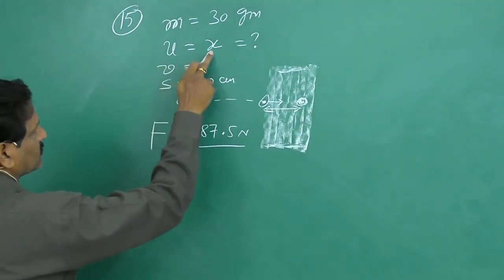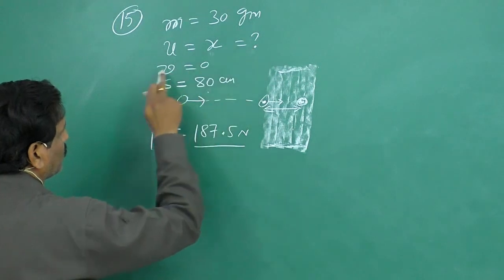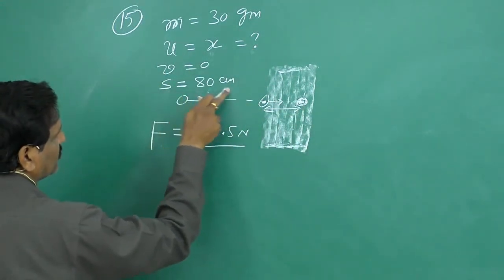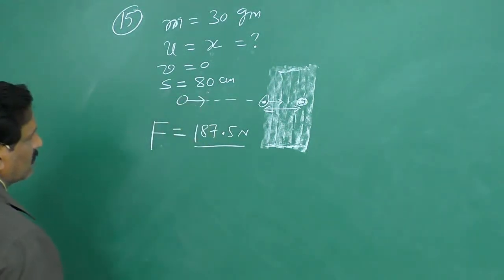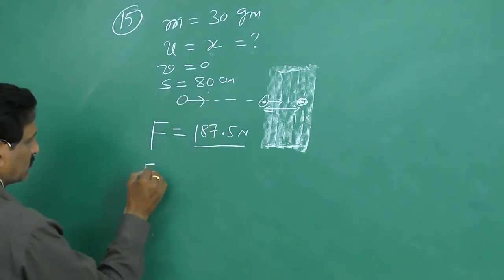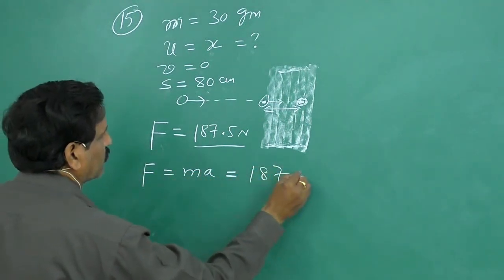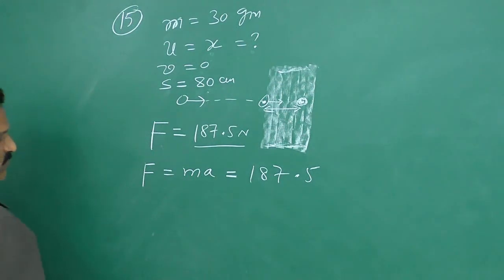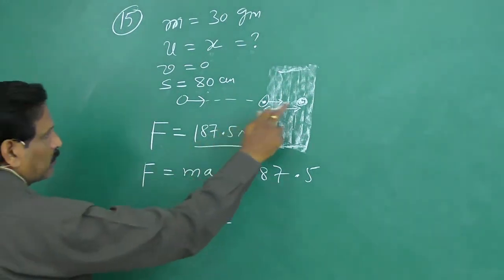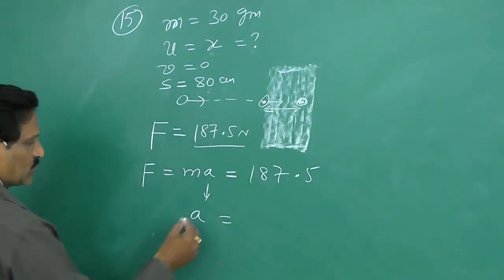So the initial velocity is x, which is to be calculated, and the final velocity is 0 after traveling a distance of 80 centimeter. So S is 80 centimeter and force is given as 187.5 Newton. But we know that F is equal to ma. From this you can calculate acceleration. Of course, this is the opposing force, the retarding force, so we get retardation. So A is equal to